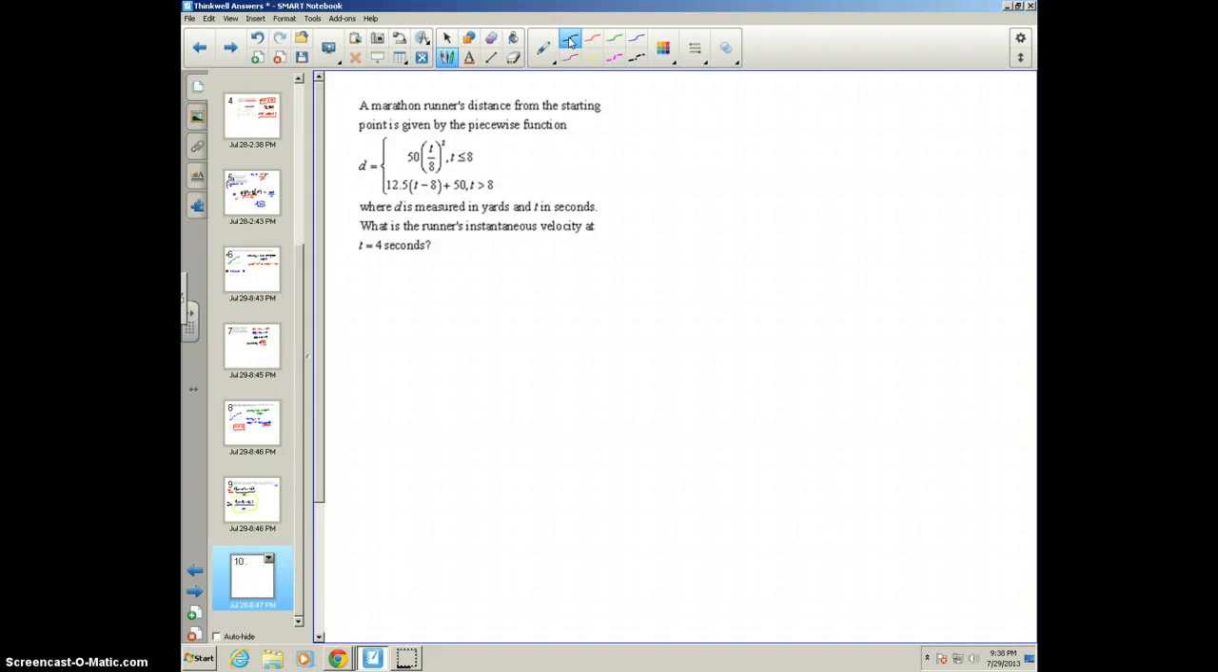Well, we need to find the velocity, and this is instantaneous velocity, when t equals 4. So that is our key part right there, when t equals 4. So this is our number 1. This is what we are finding. Number 2,